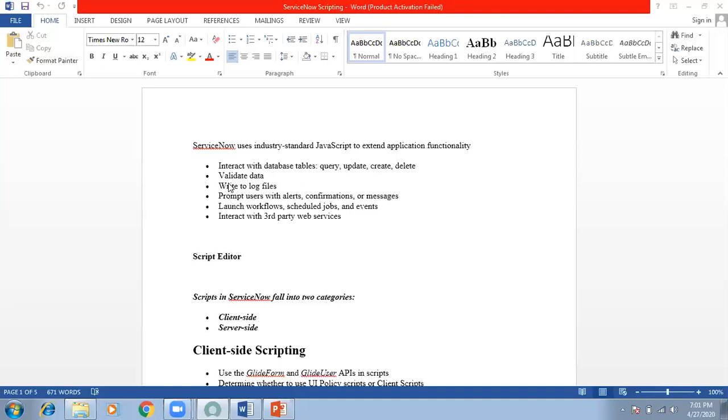Then to write log files. While we are doing some integration, let's say we are regularly receiving data from one particular third party tool. That tool is creating incidents, but one day the integration fails somewhere.